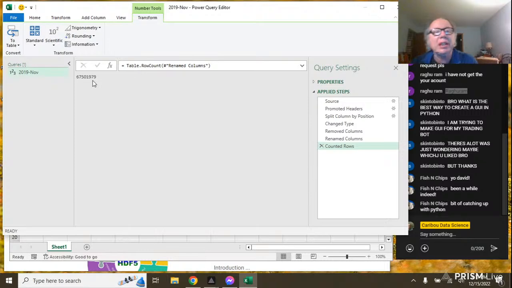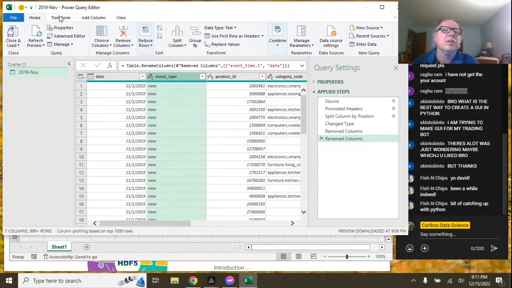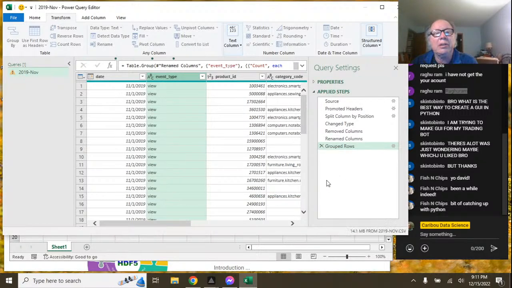So we have 6.7 million rows here. Let's do a transform. Let's do a group by event type, count of rows. So let's just see what we got in terms of